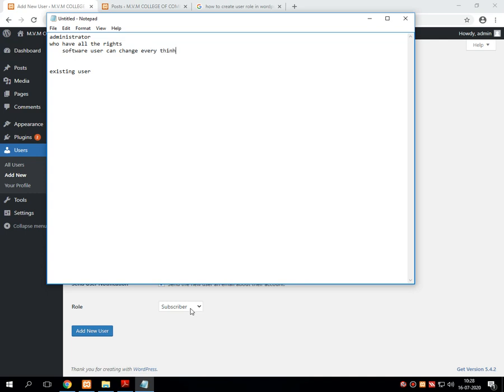He or she can visit any corner of the software and change anything, and that user is called an administrator. An existing user always comes under the observation of the administrator, and contains fewer privileges